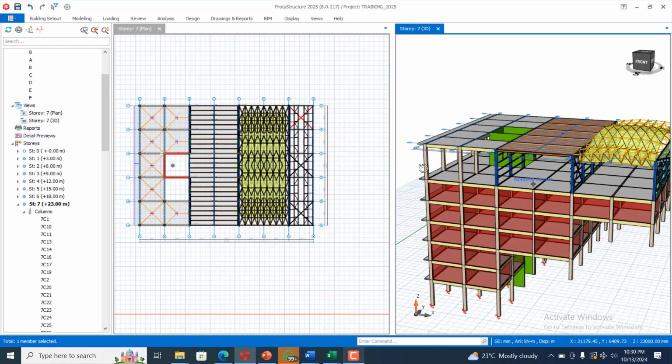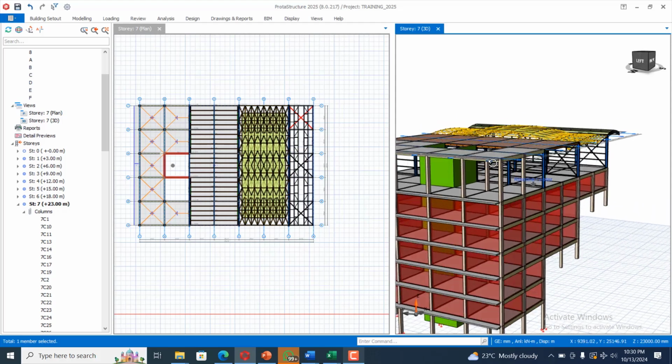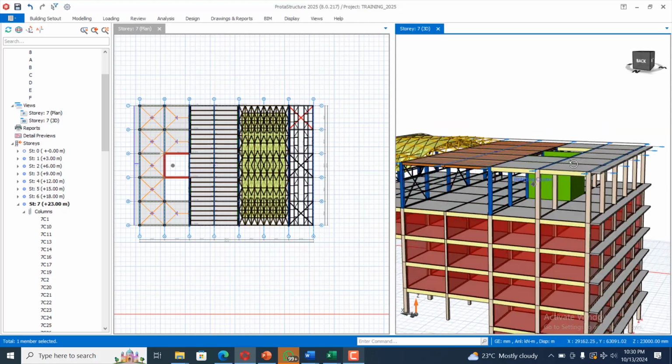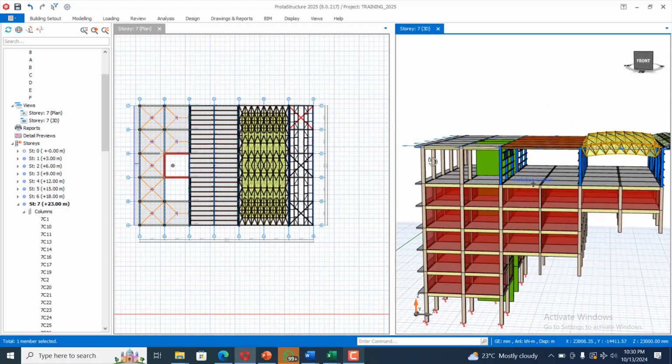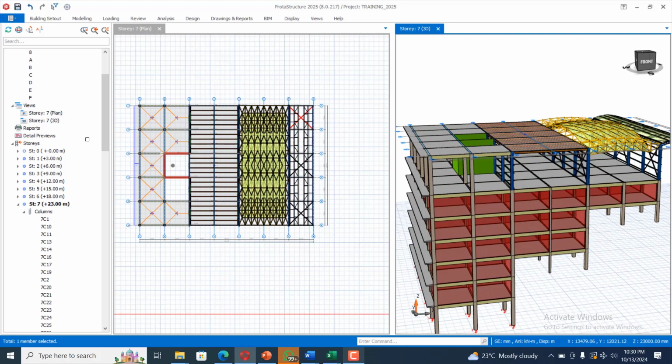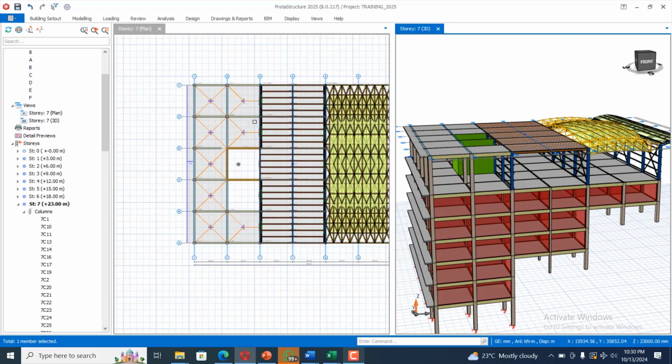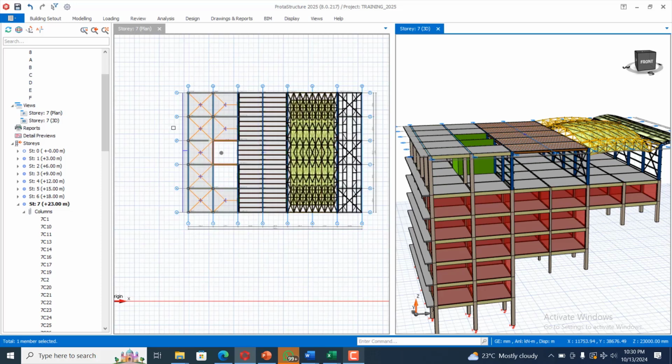Okay, so on this floor you can see there is no wall load. We can add those wall loads. We don't need to add those wall loads along here, although we can add it. So let's just say we have a wall load at story 7, but their heights are not going to